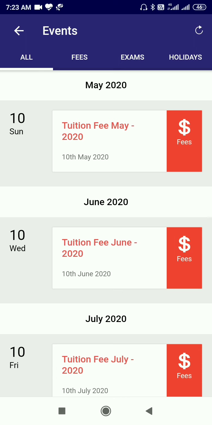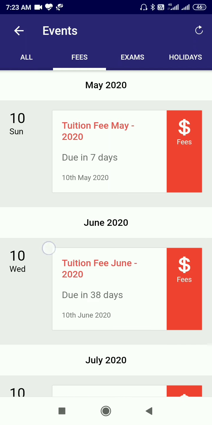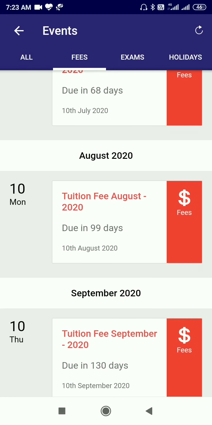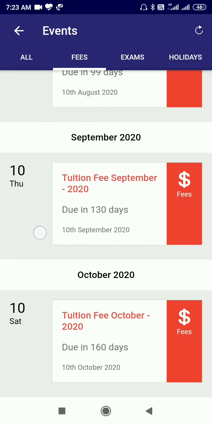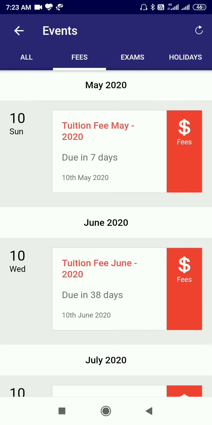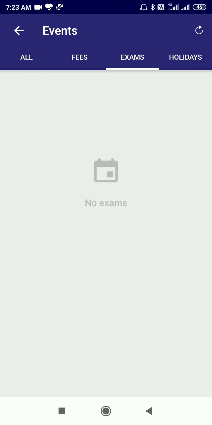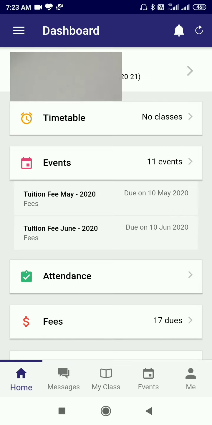Here in events there are 3 events: fees, exams, holidays. When you click on fees, you can find everyone's fee, how much is the amount. It is for the whole year. Exams, since classes are not happening, the examination date is not there, otherwise the examination date would have been listed here. Holidays, the same thing, when the classes start, you will get all the details.